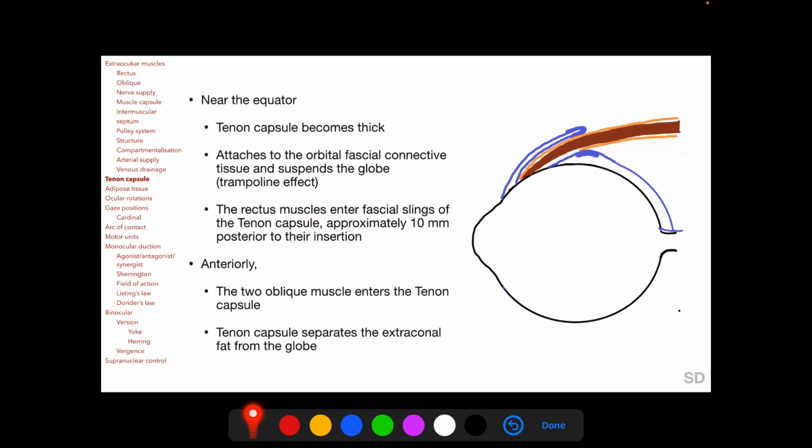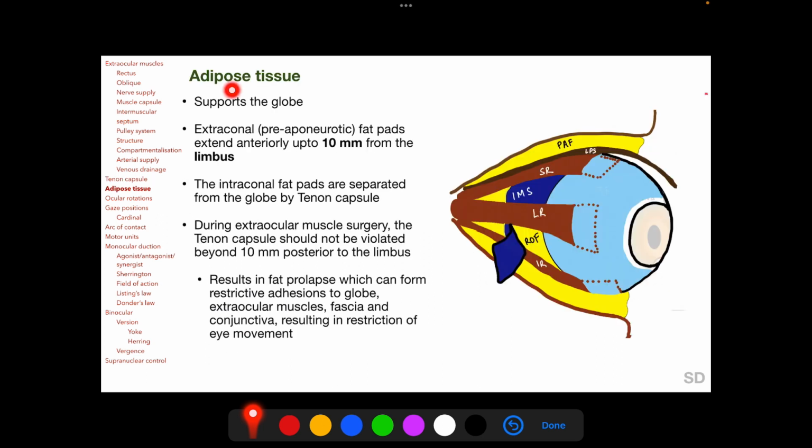The rectus muscles enter fascial slings of the Tenon capsule, as seen here in this diagram, approximately 10 mm posterior to their insertions. The juncture where the rectus muscles enter the Tenon capsule is thickened to form pulleys for these muscles, as we have described previously. Anteriorly, the two oblique muscles enter the Tenon's capsule, and the Tenon capsule here separates the extraconal fat from the globe. Adipose tissue or fat in the orbit supports the globe, and the adipose tissue in the orbit is divided